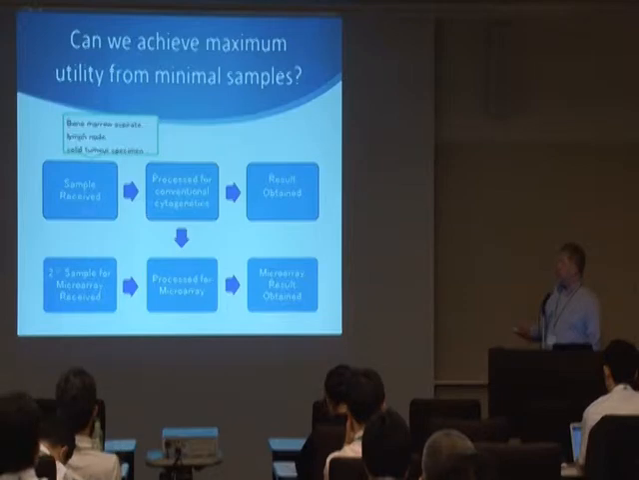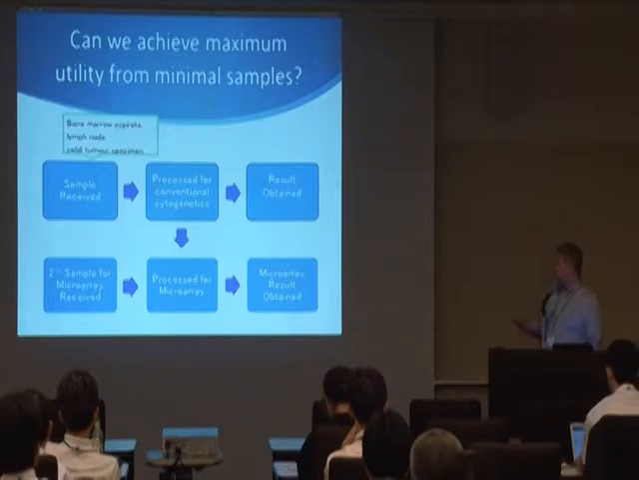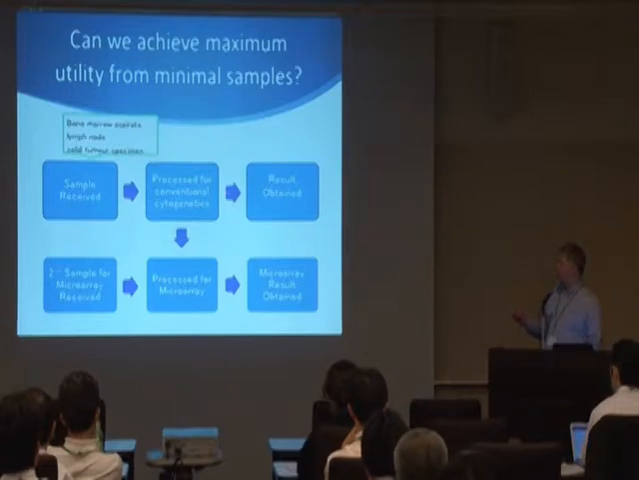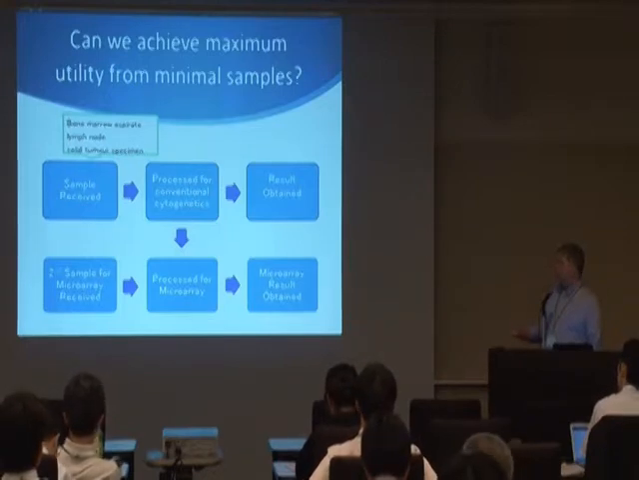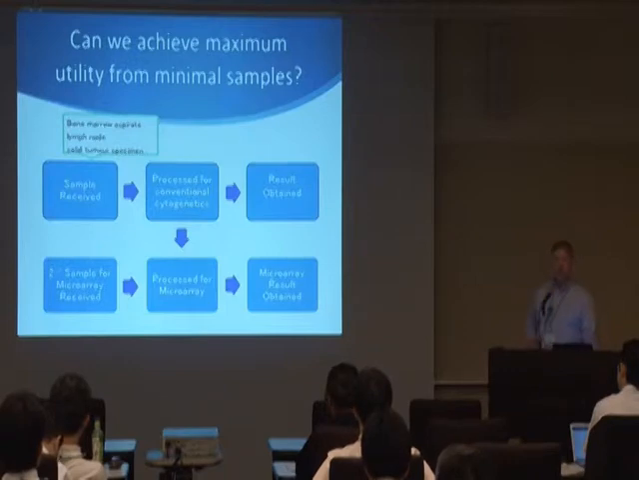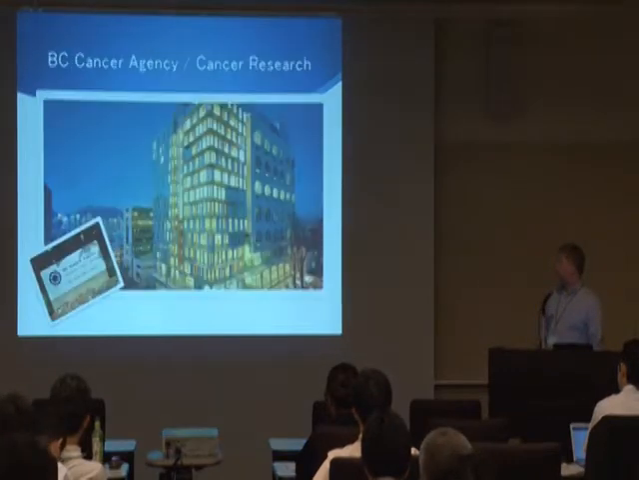And of course, in the clinical world, we often receive a very small sample, depending on the type of material that you receive. So we had to be able to take a sample that we'd already received for conventional cytogenetics and try to obtain a result, and then potentially move that through to a microarray process and also get a result, because we weren't always going to receive a second sample depending on the type of disease we had. And so this is just a little picture of where this work was done at the BC Cancer Agency